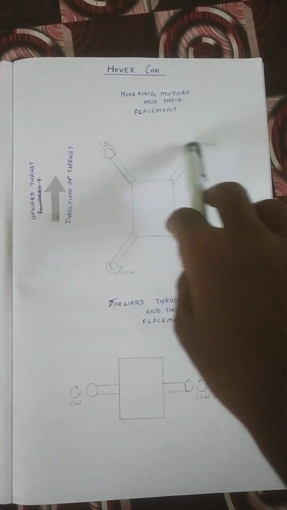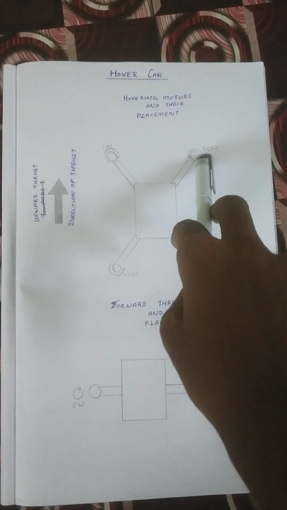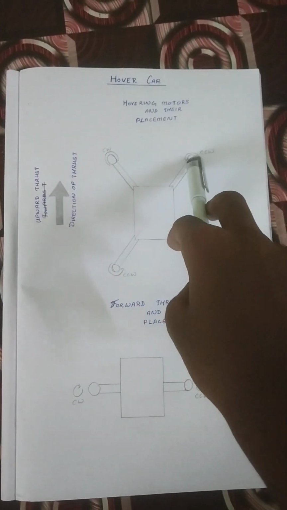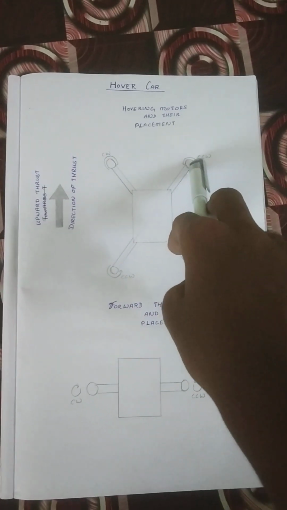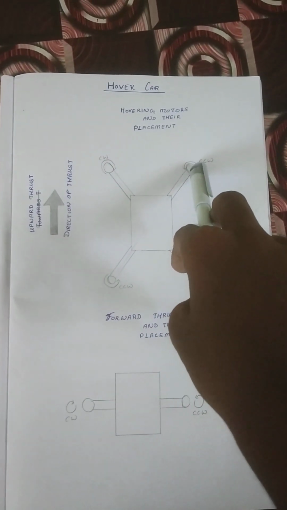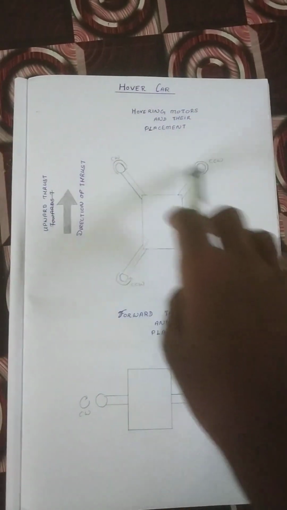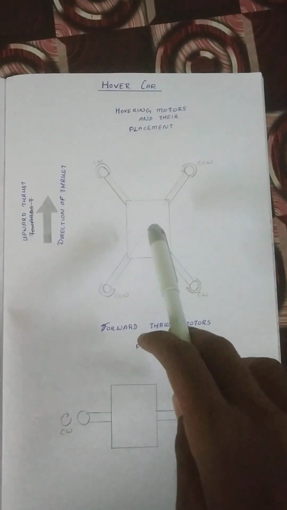So what happens is that for this motor, if we see the adjacent motor, it cancels out the reaction torque. Same for this, and if we take this motor, this clockwise motor counteracts the reaction torque provided by this counterclockwise motor. So this is what is happening here, and this motor provides an upward thrust so that the car can